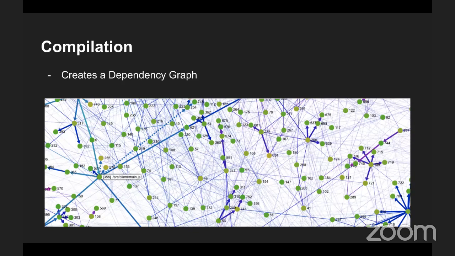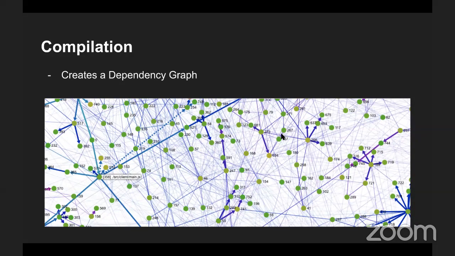It traverses through the files and creates a dependency graph, because without the dependency graph, it wouldn't be able to know which files are used and which files are unused. You might have seen that in Webpack we usually talk about a concept called tree shaking. Tree shaking means that if you have any unused files, Webpack doesn't include them in the bundles. Webpack compiles and bundles only the used files. This is the work of a dependency graph. The dependency graph includes all the used files in the graph.